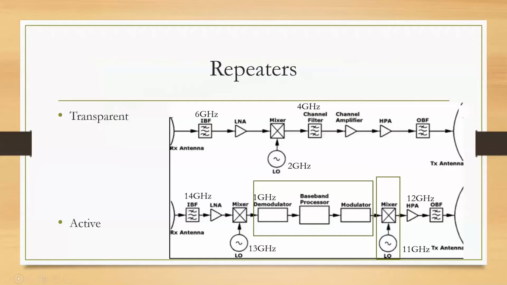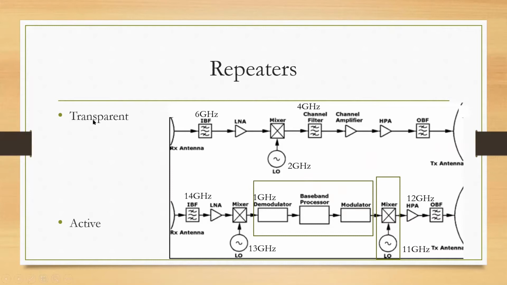A quick recap. I started with the block diagram of a satellite, and I first talked about the repeaters or the transponders in the satellite. The function of a repeater is very important: it takes the input, and after filtering it, the low noise amplifier amplifies it. The mixer stage converts this frequency to a downlink frequency, then filtration, then amplification, and then the high power amplifier, and then again final filtering and sending.